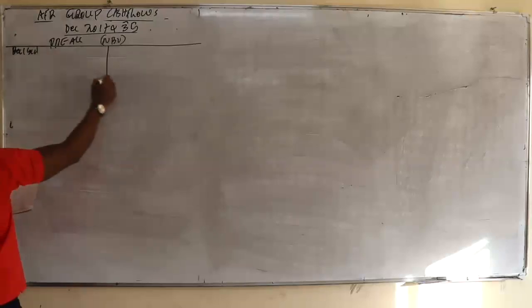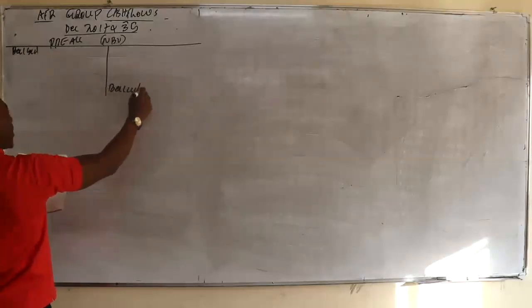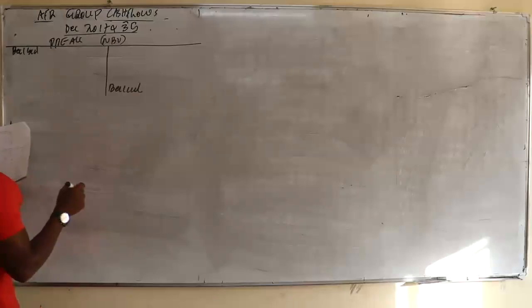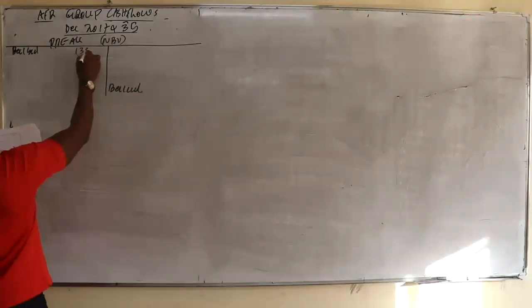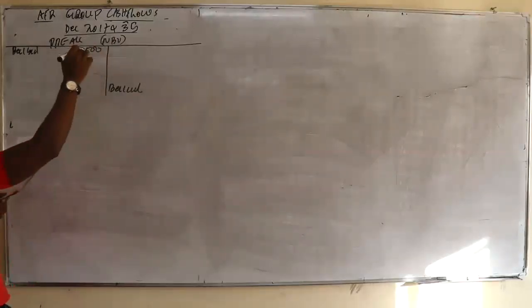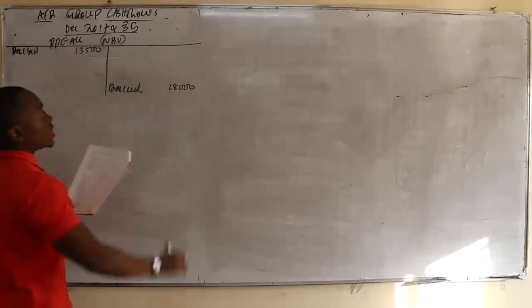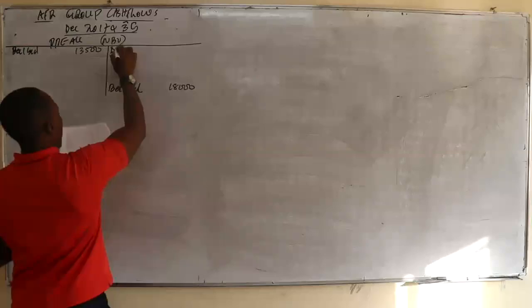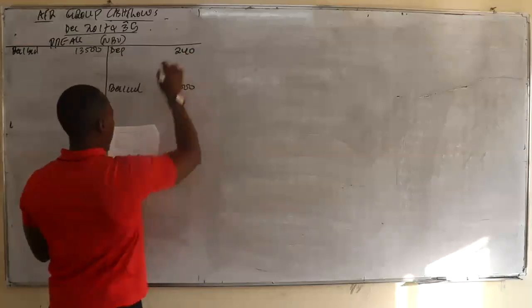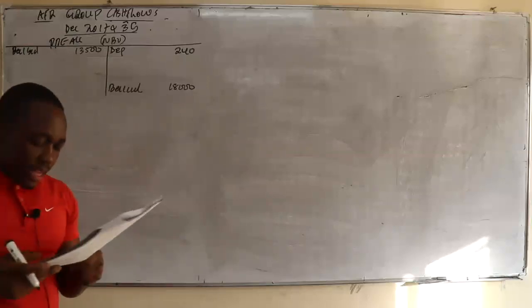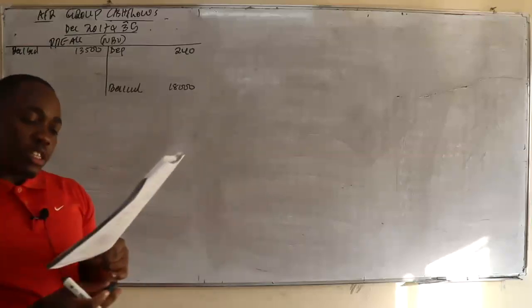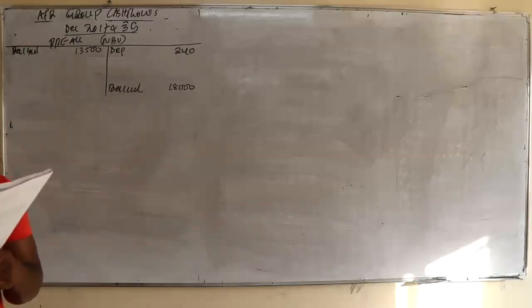Balance brought down. Balance carried down. How much was the opening balance? 13,500, and the closing was 18,000. Then number one, you know that there was a depreciation. So depreciation you credit, and depreciation of how much? 240. Number two, an item of PPE with a carrying value of 885 was disposed during the year ended 1st October 2017